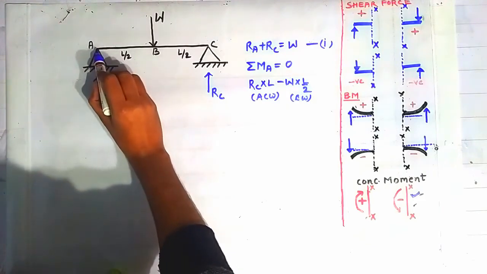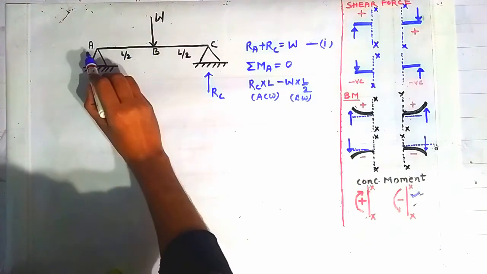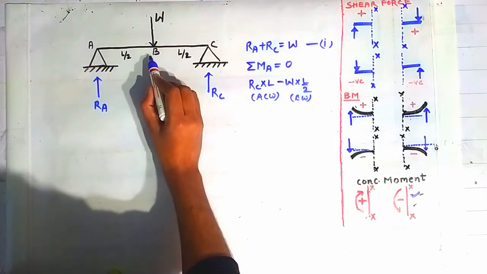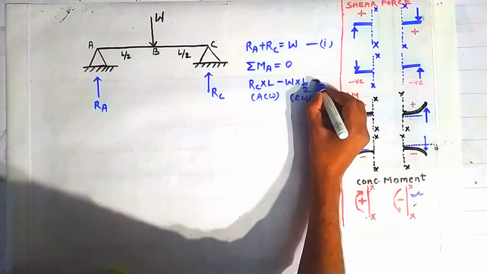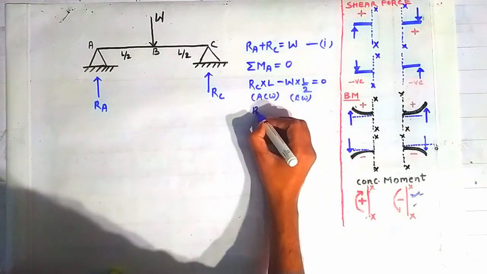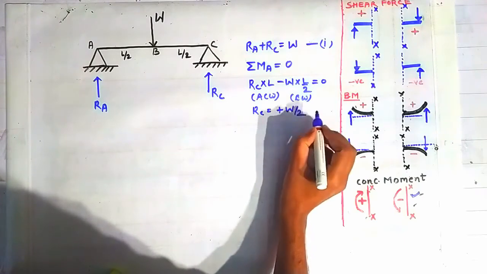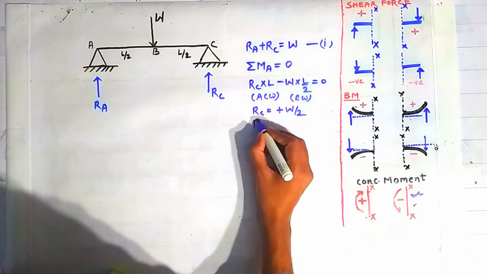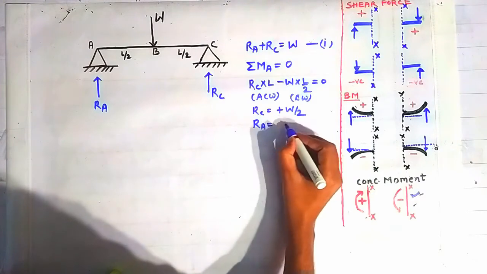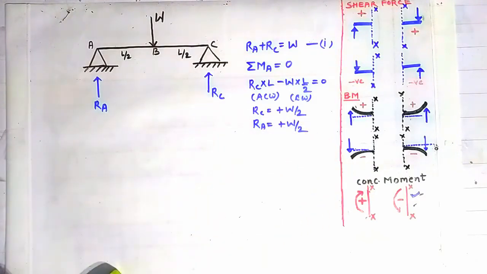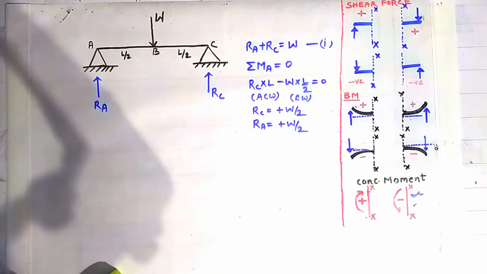about this point A. That is, the rotation of this beam element AB about the point A because of this force is in the clockwise direction, so it is treated as negative. So putting it equal to 0, you will get RC is equal to plus W by 2, and using this equation you can find out RA is coming out to be plus W by 2. Okay, now friends,